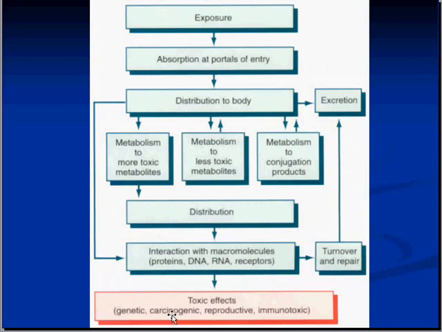It could be genetic damage, carcinogenic damage, reproductive damage. In every case, we're talking about direct damage to DNA, RNA, and proteins and receptors. There can be a turnover and repair of the cells, and the substances can be ultimately excreted. So this is basically how you should look at the distribution of toxic substances which we take in our body